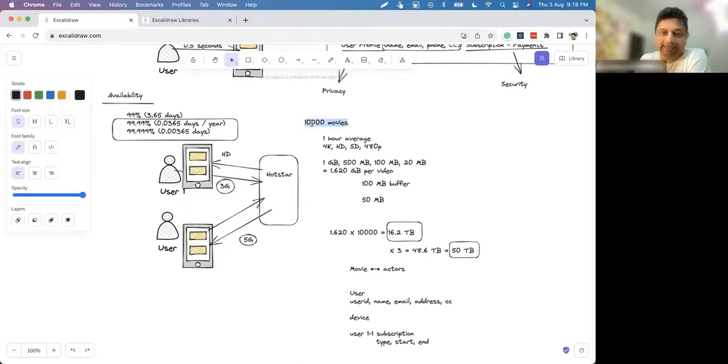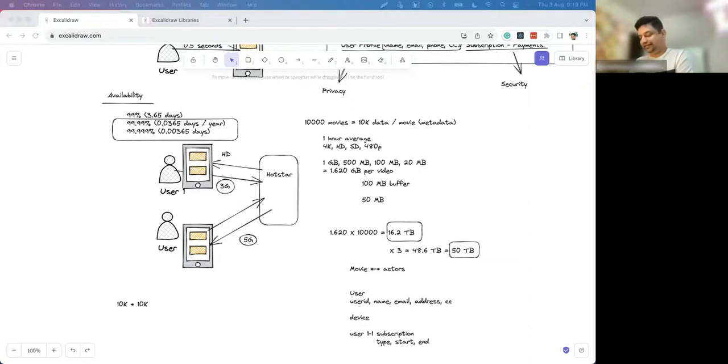You may store other details also, like actor, a description of the movie, genre, director, music director, many fields, release date, etc. But still, per movie you may have maybe 1K, or 5K, or let's say 10K of data, which is the metadata. All metadata. 10K into 10,000.